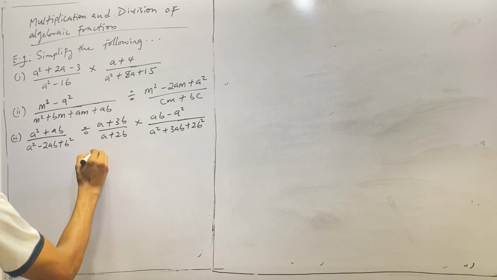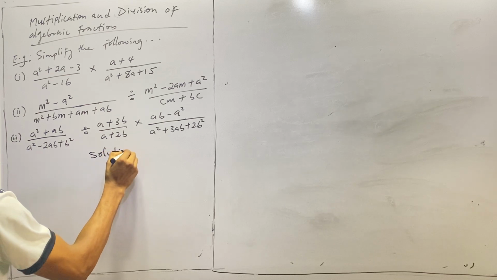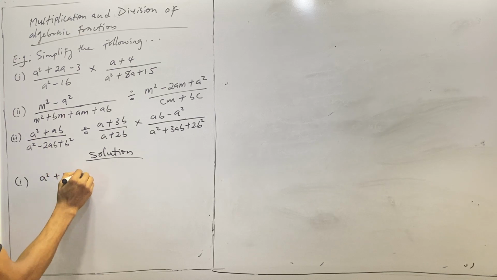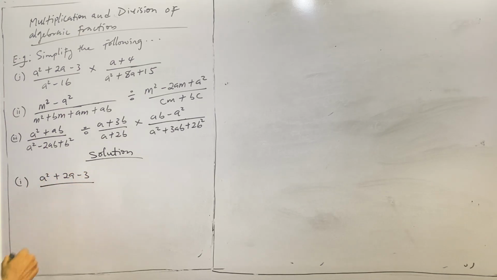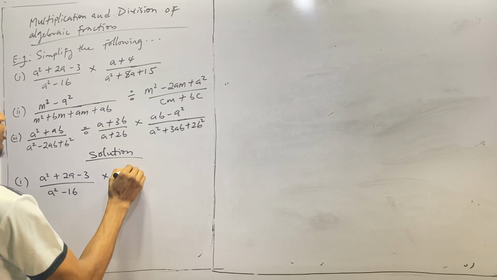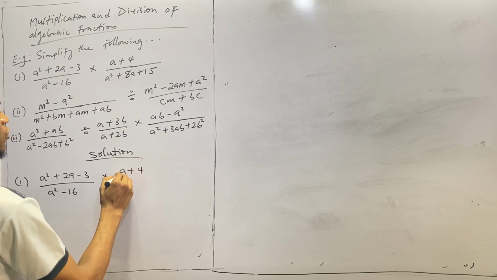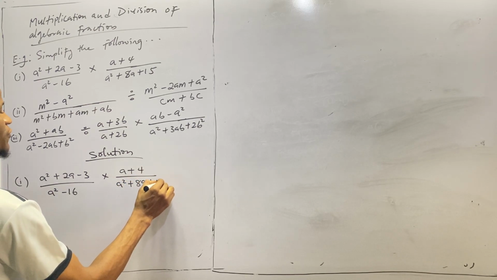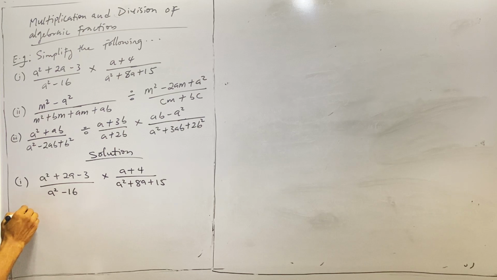So we have solution. So the first one in our course study here is a squared plus 2a minus 3 all over a squared minus 16 times a plus 4 all over a squared plus 8a plus 15. So this will be equals to